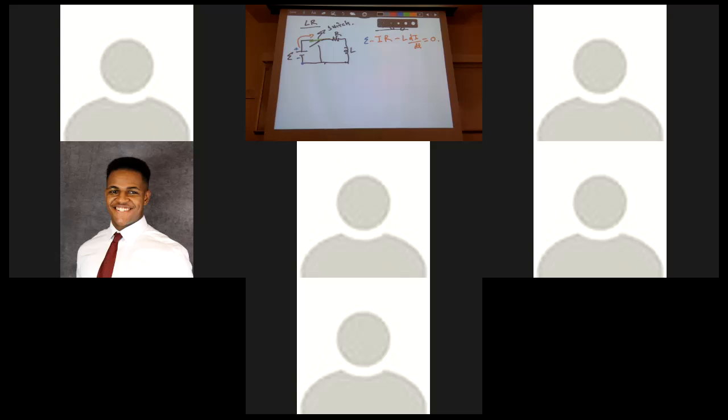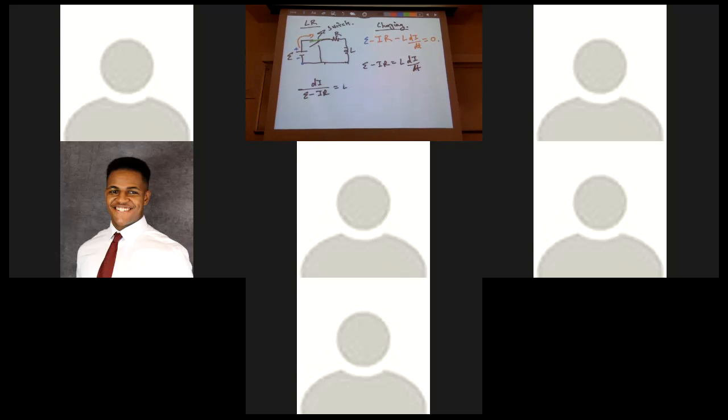So good. What I have here then is a differential with respect to time of the current, and I have the current on this side. So I'm going to bring that one term to the other side. I'm going to rewrite this as E minus I times R equal to L times di dt. Now from here, we want to bring everything with current on one side and everything with time on the other side by using separation of variables. So I'm going to divide both sides by this term, bring it over here, and multiply both sides by the differential of time. So this is going to become di over E minus IR equal to